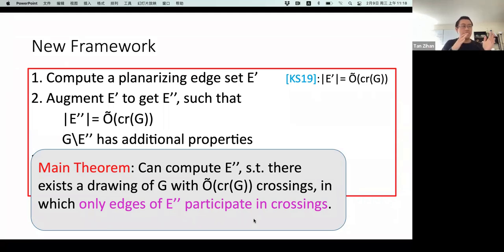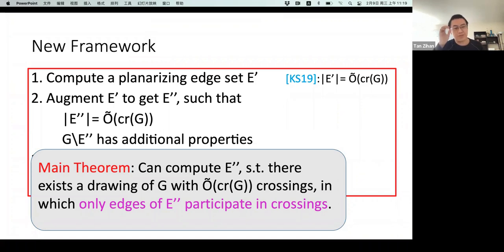Originally, we want to delete a set of edges so the remaining graph is planar. And after we add the edges back, every crossing involves at least 1 edge of E prime. And now what we are requiring is that every crossing involves only edges of E double prime. Okay, this is a stronger requirement, and it is indeed useful for us to get around this